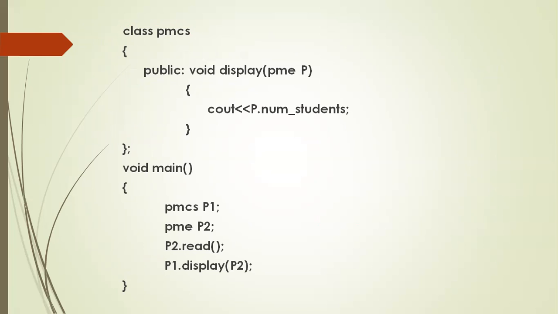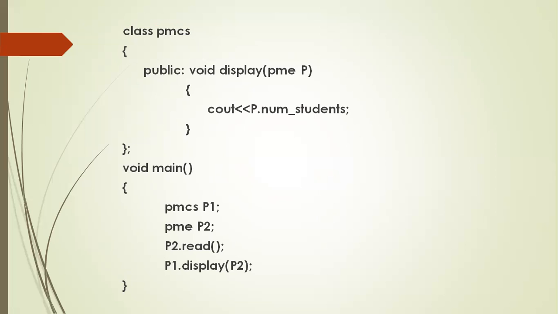So PME is the outer class. So PMCS P1, PME P2 means P1 and P2 are the two objects of PMCS and PME classes. Then what you do is P2 dot read function and P1 dot display function, because the display function we can call it with the object of PMCS class, which is